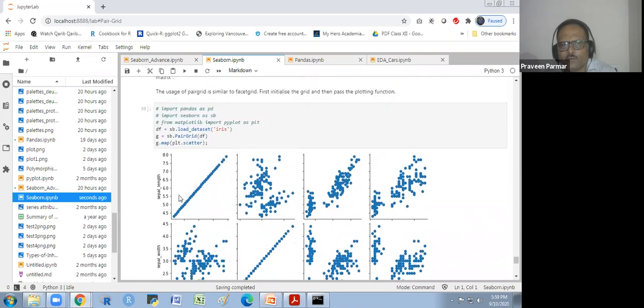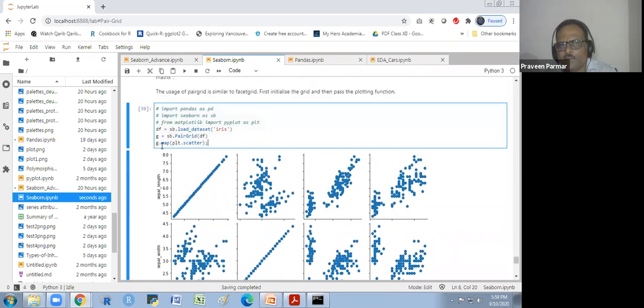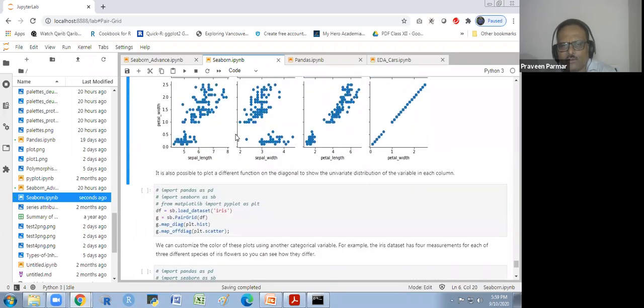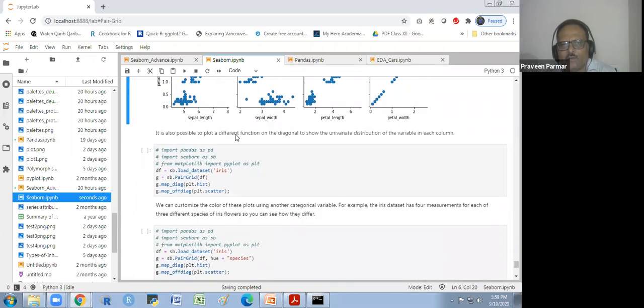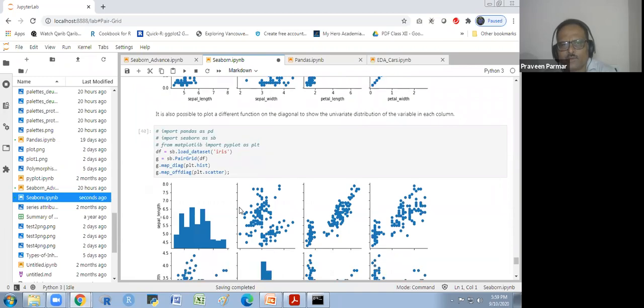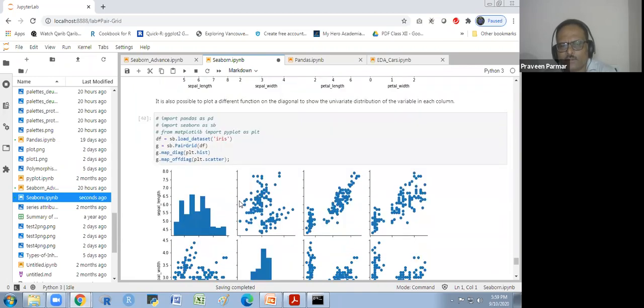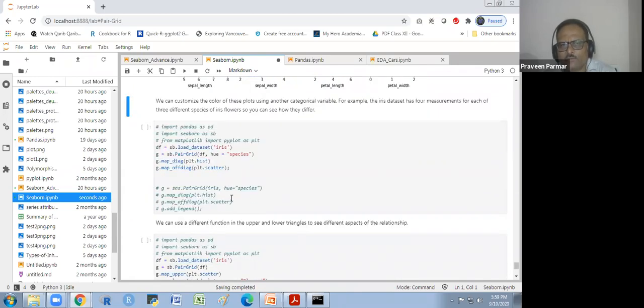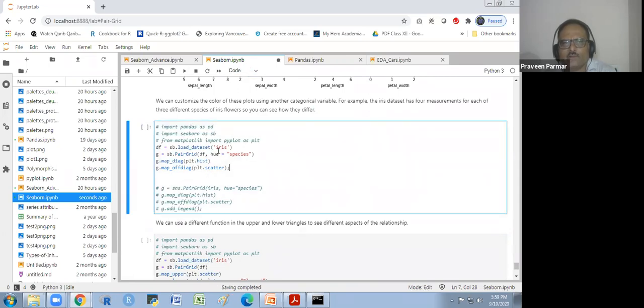Here we are getting all the graphs as scatter plots. With plt.map, we are doing this syntax g.map, where g is the object name, and the mapping we are doing, and some more we see. It is the same we have created over there. There are different commands we could use for that.